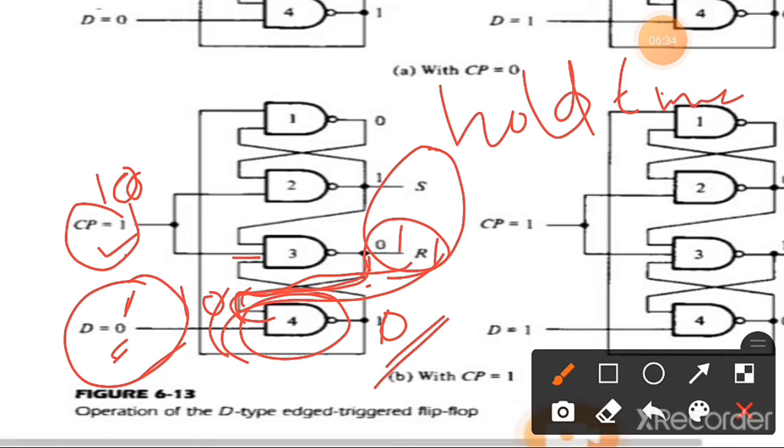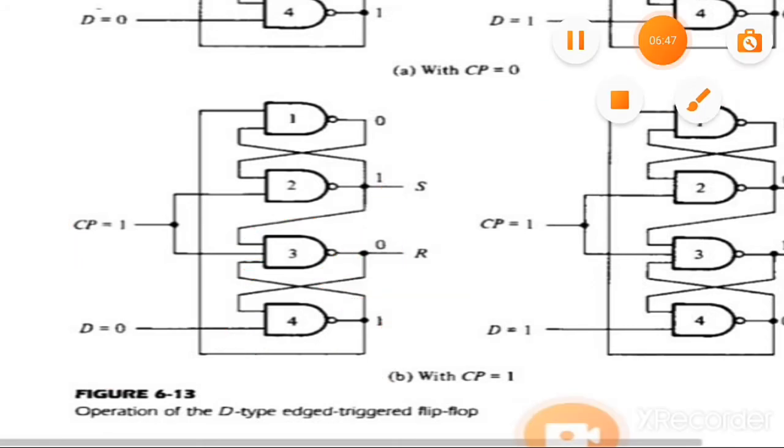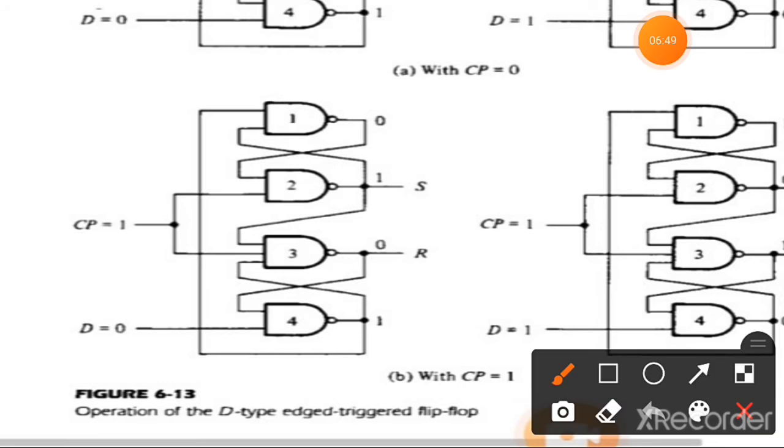The hold time is equal to the propagation delay of gate 3, since it must be ensured that R becomes 0 in order to maintain the output of gate 4 at 1,